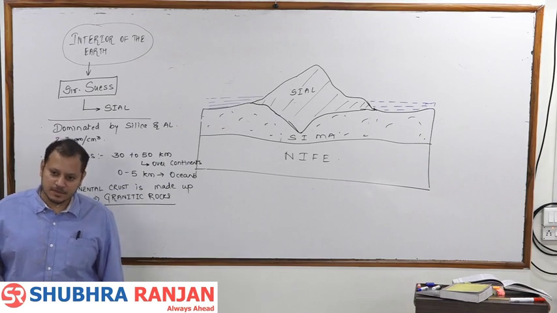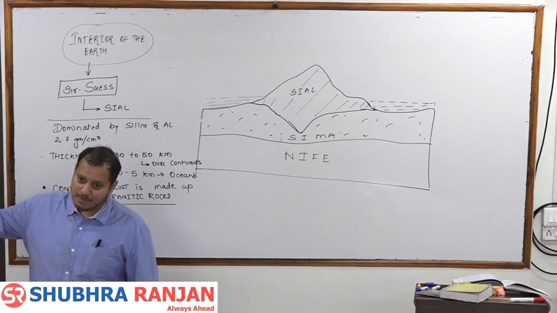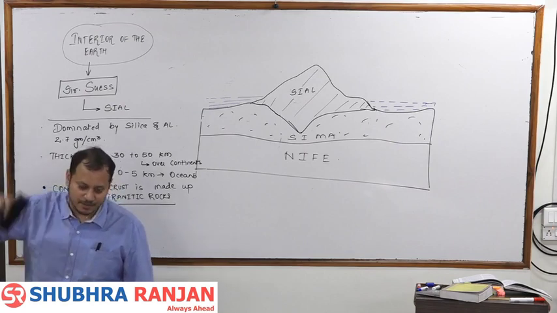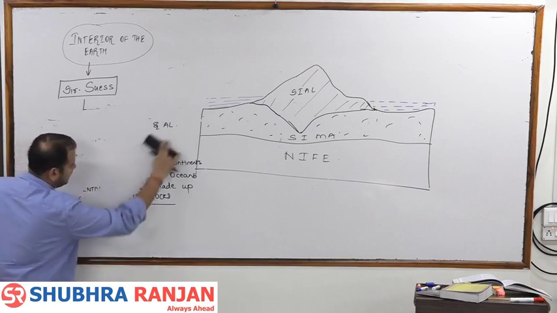Upper part of the asthenosphere is included, but this was not given by Suess, that was given by plate tectonics, so we will write that in the plate tectonics. Here we are writing the idea of Suess only. Sima,